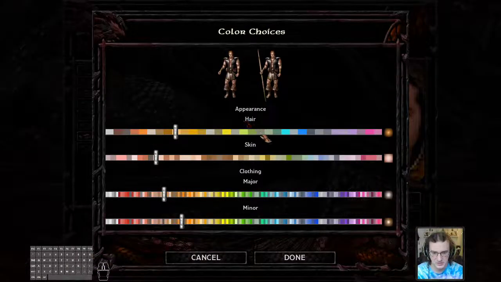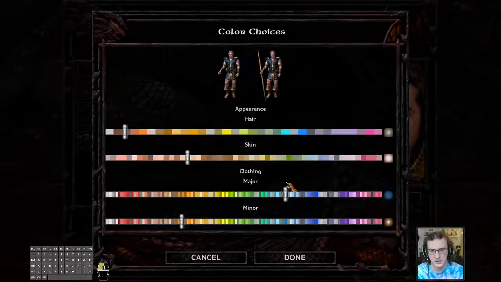Of course, appearance isn't terribly important. What did Luther wear in the beginning? He kind of was in that tattered cloak, or tattered prison clothes, which were white. It really doesn't matter. Luther has black hair, so we'll go with black hair. He's kind of a pale guy. I mean, skin tone doesn't really matter that much. Guess we'll go with that. Clothing also doesn't matter. We'll just pick a cool color here. We'll go with blue, maybe,